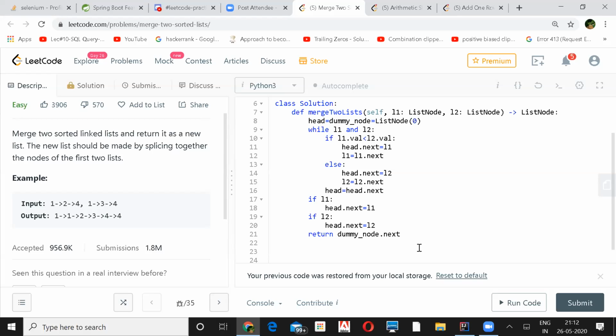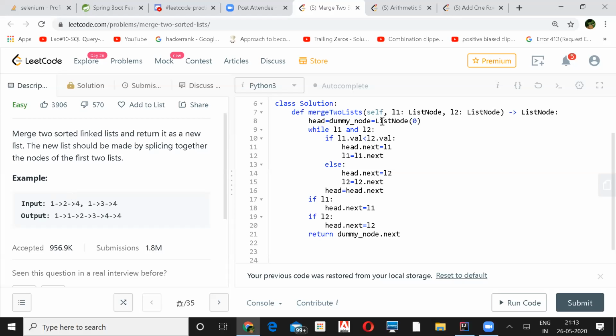Can you ask to merge in place, without using the extra node? Like this is an extra node I'm creating and to that I'm appending. I don't need to here itself, like one pointer here, the other one here, and then merge it. But you are doing in place, right? This is in place, yeah. But I'm using an extra dummy node and I'm only appending to that. It's only one extra node you are using, but everything is in place.